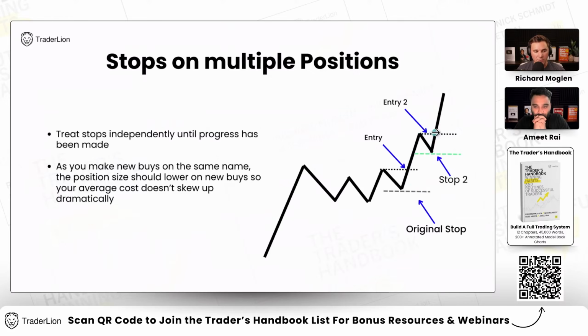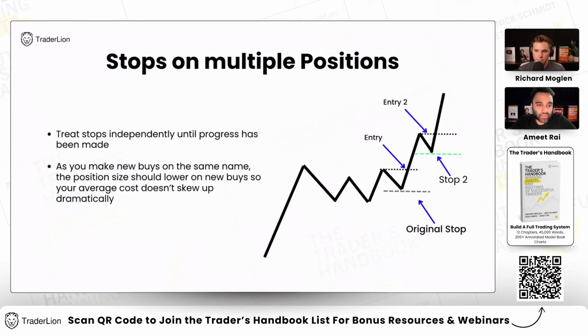But if this fails here, I don't want to move my stop up here too quickly and just get stopped out of here. So I want to kind of treat them as two individual trades until there's substantial enough progress from that second buy point to actually combine them and move my stop as one for both positions. So this kind of depends on your style. I think there's traders I've talked to who do it both ways. But Ryan, any thoughts on this? How do you kind of approach this if you have an add-on buy? How quickly do you kind of treat that as the same position and adjust your stops accordingly, altogether?